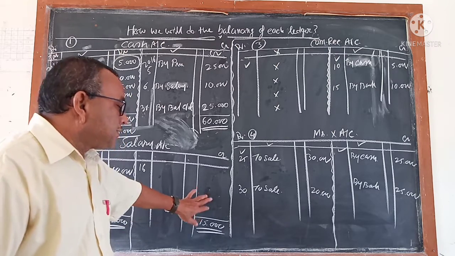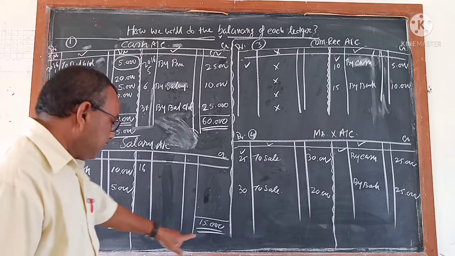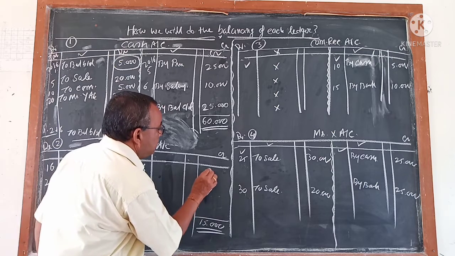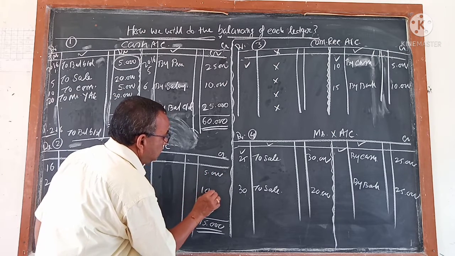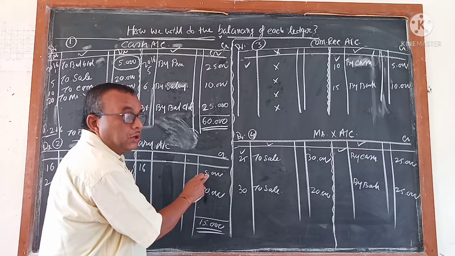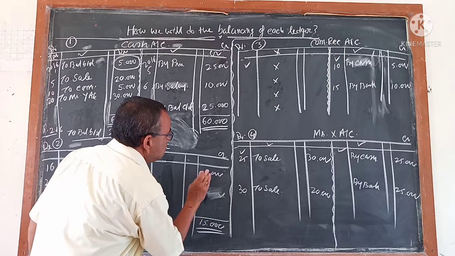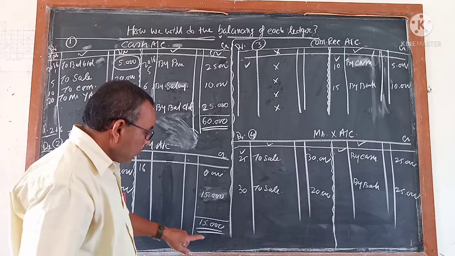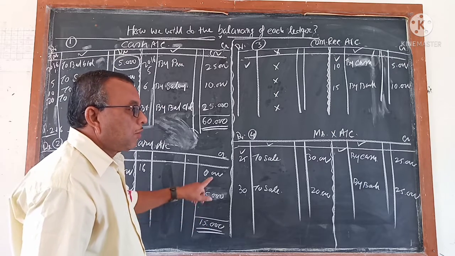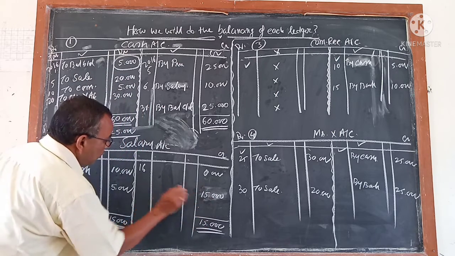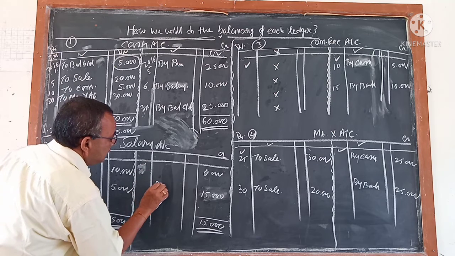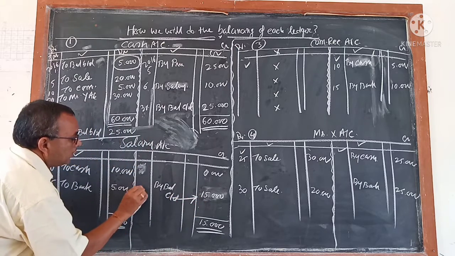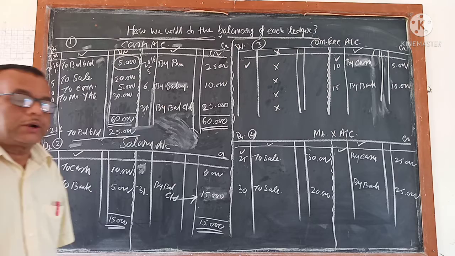Second step. Which side is less? That side how much is less? That you write. To make it 15,000, how much I have to write here? Because here zero amount is there. Suppose if 5,000 is already there, then I will write 10. Suppose there zero posting is there, so how much I will write? 15. 15 is your balance. Total is 15, but balance also 15 because no amount was written in the credit side. And what we will write? We will write by balance CD. Which date? 31st. Second step is over.